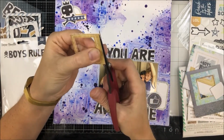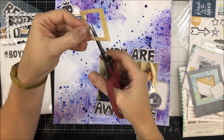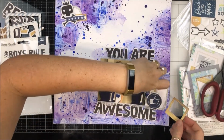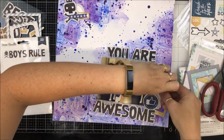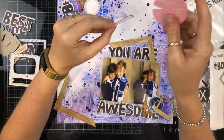So I'm pulling out the second ephemera pack with the tags and the frames and stuff. I can't remember what it's called. So I'm going to use that as a little layer as well. Now, you just saw me trimming off the excess bits. If you are like me and you didn't realise,